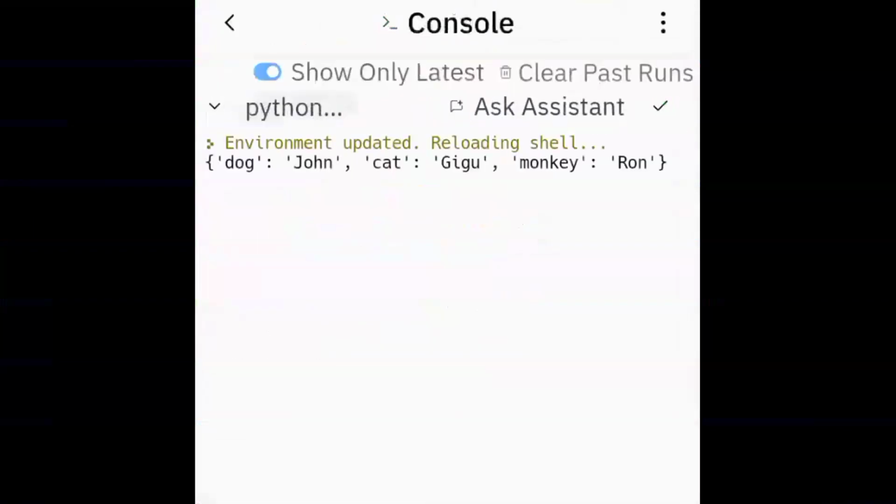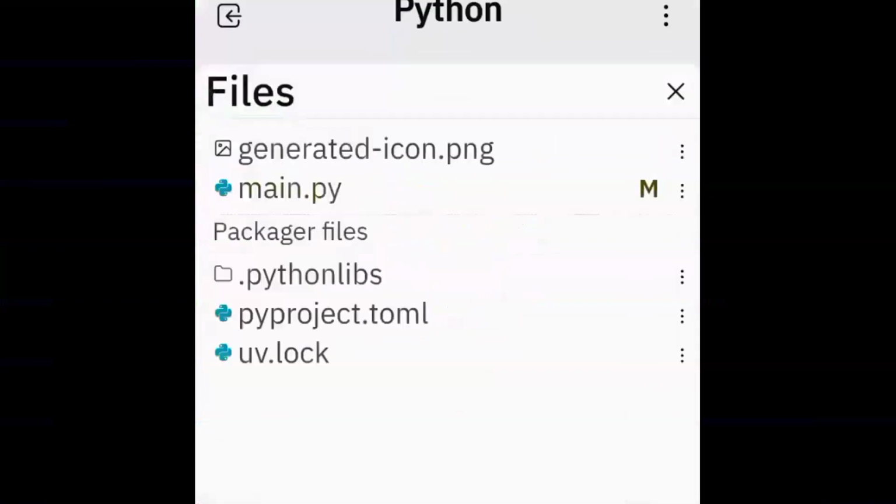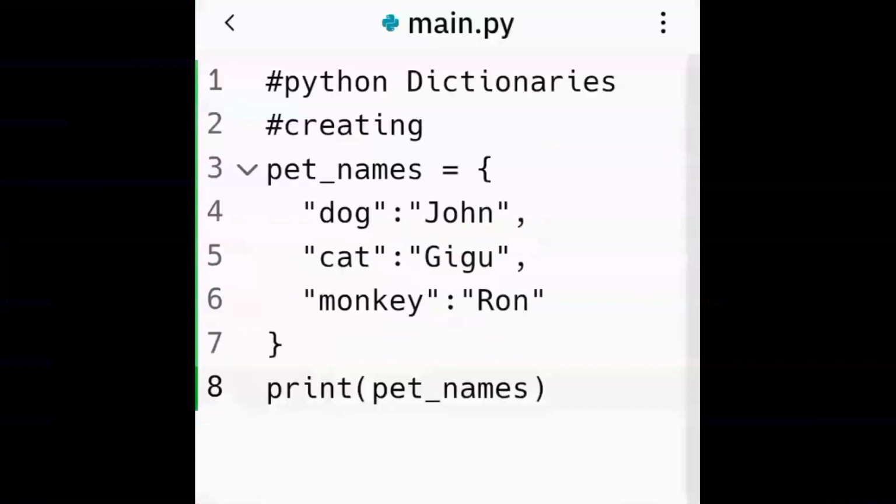There you go: dog John, cat Gigu, monkey Ron, like a key-value pair, the key and the value, the pet and the name, inside a curly bracket, so open and close curly bracket. This is the way a dictionary is supposed to look. This example is just to show you how to create a dictionary, how it looks, and what the meaning of a dictionary in Python is.